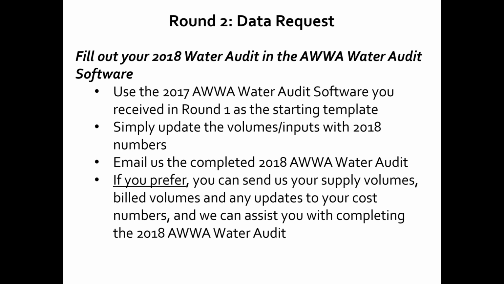You've already gotten the AWWA sheet set up. You've already figured out where the volumes are coming from and documented all that, and those documents were shared back with you after the last round. What we would ask is to go ahead and try your hand at doing a save as, create a 2018 version of the audit, update the numbers, and send that to us. If it's easier to send us just the volumes and the numbers, we're happy to jump in and be the ones to populate the audit, and we can work in collaboration with you. That allows for two years of audits to help guide this water loss profiling process.